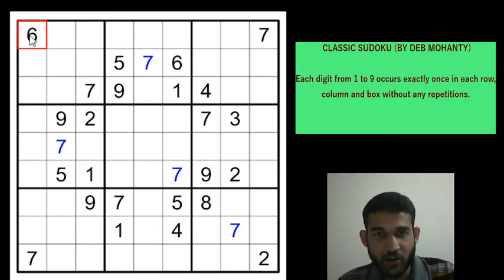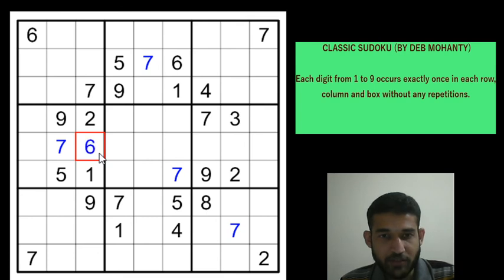Okay, there is a 6 in column 1, that gives a 6 in box 4 here because it cannot be in these 3 cells. Now we will pencil mark the remaining digits. 2, 9, 6, 7, 1, 5 have been placed. The rest of the digits are 3, 4 and 8. So those will be pencil marked in these cells.